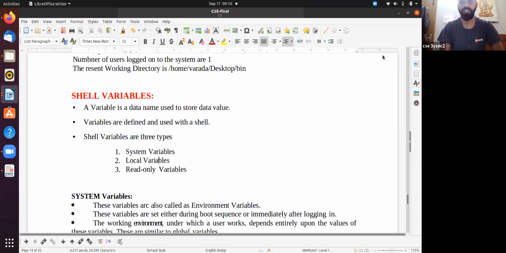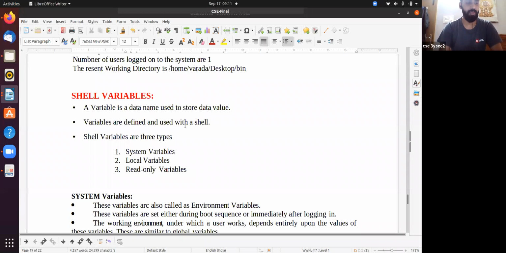The first one is the system variable, meaning the variable created by the system. We can discuss in detail. A local variable means a variable created by the user. When I am logged into my shell, I can create some variables.